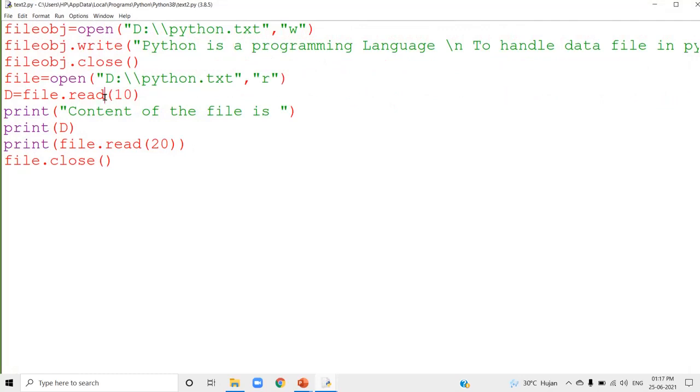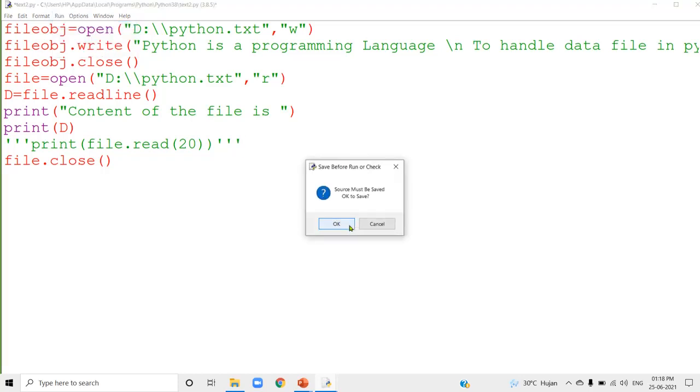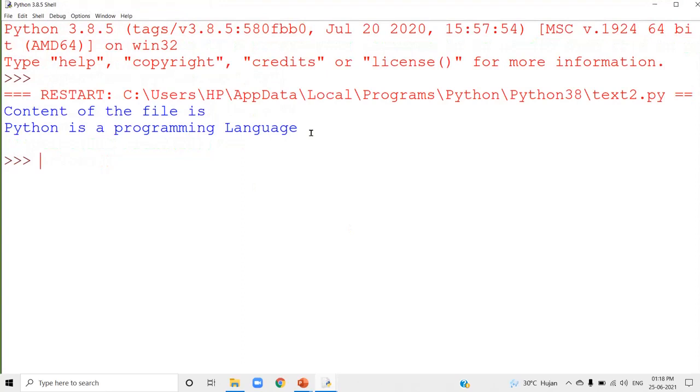Now I am going to use the next method, readline. I told you readline will read one line at a time. Now I am just commenting this one. Run this program. Just one line. The first line it will read from the file. You can see this is the first line. And there is a slash n there. That is why it is skipping one line here. That slash n is converted to a new line character, and that new line is skipped over here.